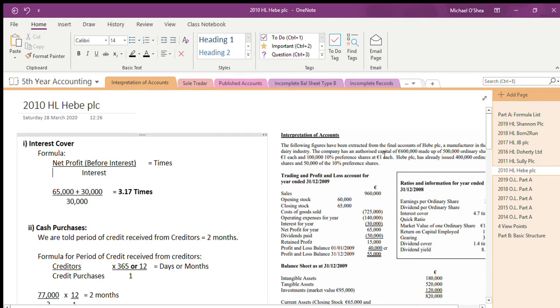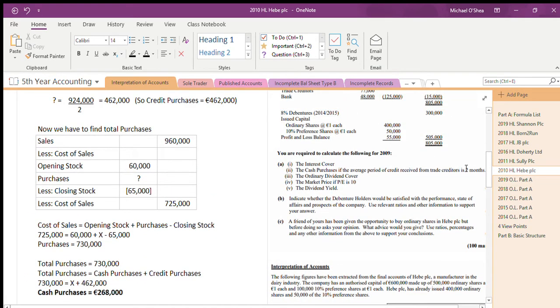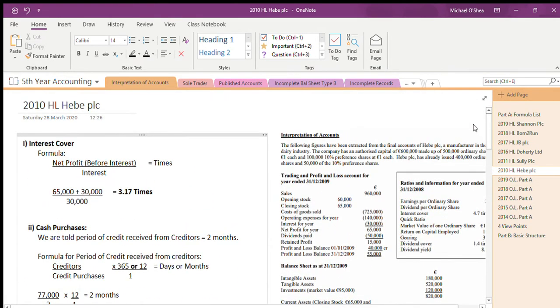2010 Interpretations of Accounts, Hebe plc. First thing we're asked to get here is the interest cover. My formula for interest cover is my net profit before interest divided by interest equals times. My net profit, 65,000. Before interest means I add back the 30,000 interest, divide by interest again, and it works